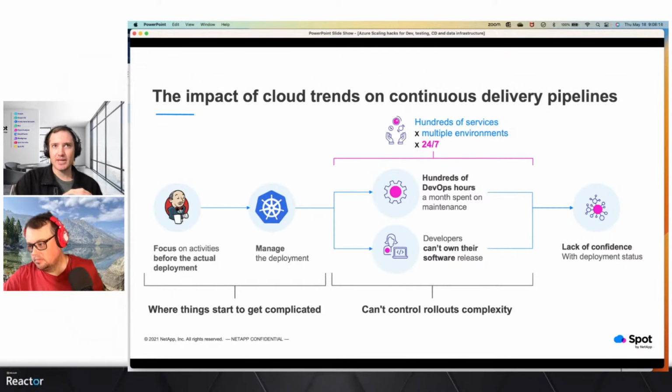You're no longer looking at host level metrics for a monolithic application. You're looking at things like, how are my individual containers behaving? How are those metrics looking? You might be using new tools to monitor those metrics. And at the end of the day, there's usually a lack of confidence with your ongoing deployment.